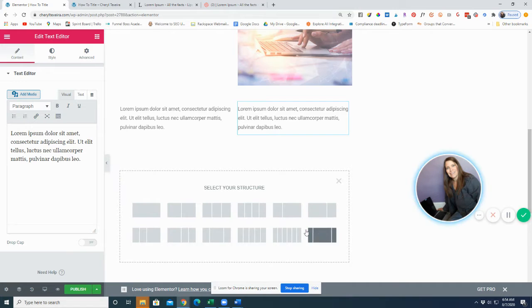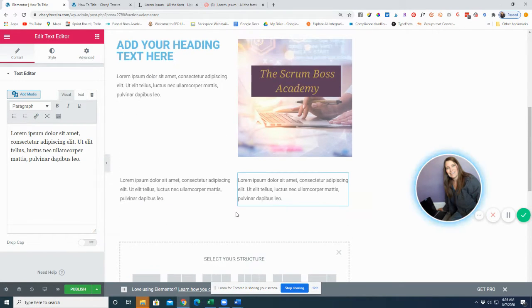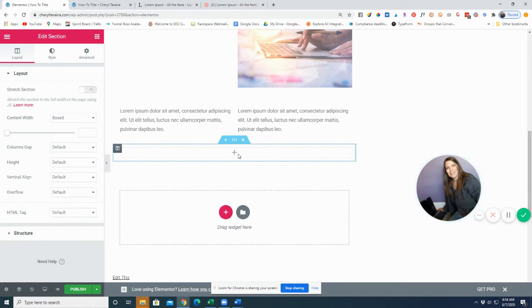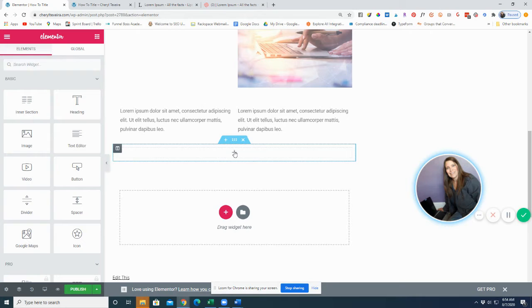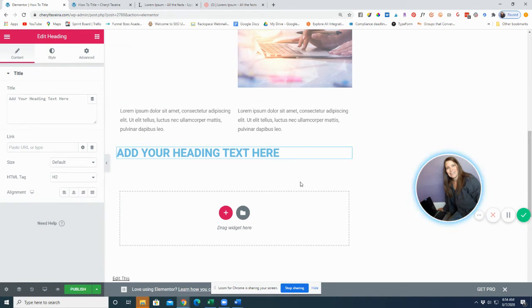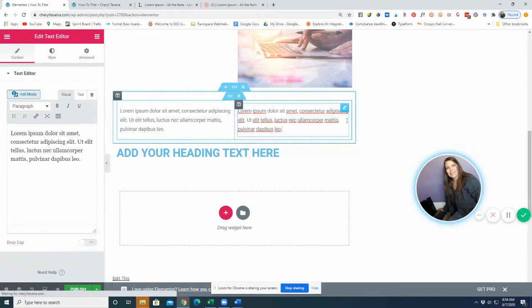But you can play with these layouts. They kind of make it sort of cool, so that you have that interest, right? Okay, so then I'm just going to add another one, and if I want to, add another subheading, so I'll just do that, and then you just click out into